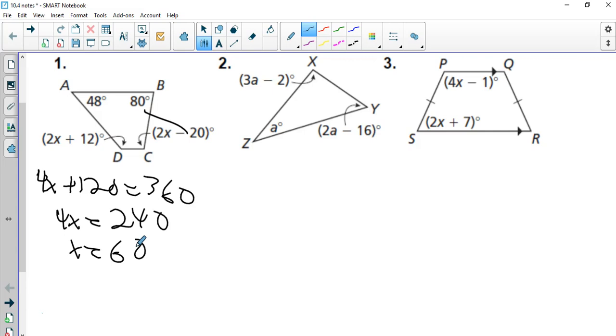Now, number 2 is pretty much going to be the same problem. I'm not going to do it, but basically we just add all 3 angles up and set it equal to 180 because it's a triangle. Okay. Now, number 3,